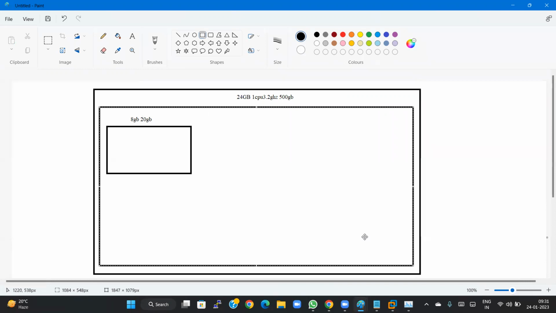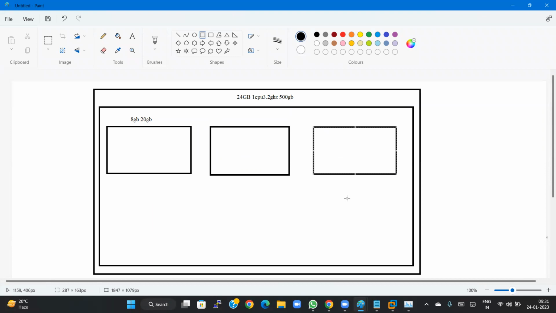On the server side, there are Citrix Xen servers. You might have heard about Citrix Xen virtual machines, VMware. You have heard about these softwares. What are these softwares going to do? These softwares will divide the computer hardware into small virtual machines depending upon the user requirement. So I am going to create multiple virtual servers. Here I will have another virtual server, and I can divide this into multiple virtual servers depending upon your